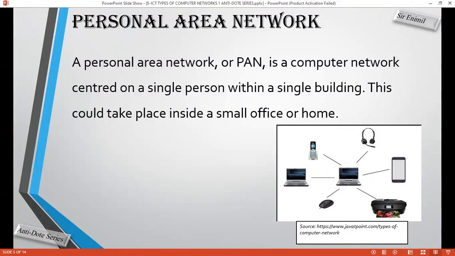So you as an individual, you have your mobile phone, you have your laptop, and then you have a small printer somewhere. You, that same individual, let's say they have this wrist watch, a smartwatch. You see, and all of these things are connected in a way. When this is done, we say that you're running a personal area network. So you can have a wireless access or a wired access. With a wired one, it means that there's a cable plugged into a router somewhere and then plugged into one of the devices. With a wireless access, it means that yes, there's a router somewhere or a modem somewhere that is giving you wireless access.